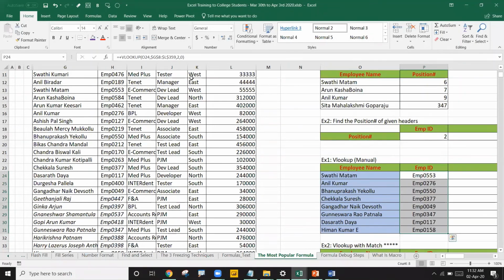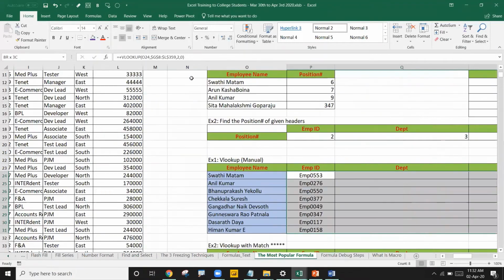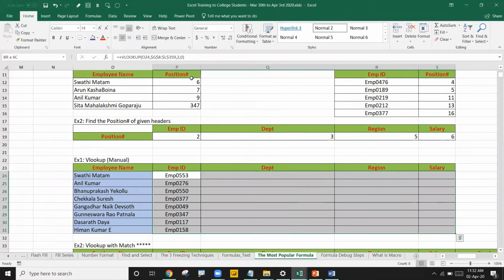Once I drag it down, yes, it is giving that output. This is great. So my quick question now is, if I drag it right, is that going to give me department, region, and salary? Yes or no?